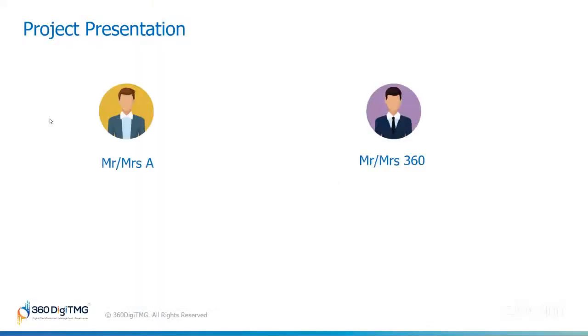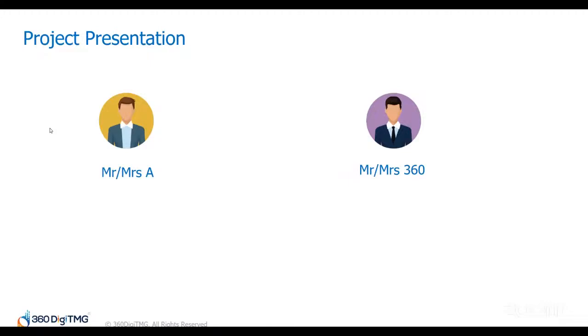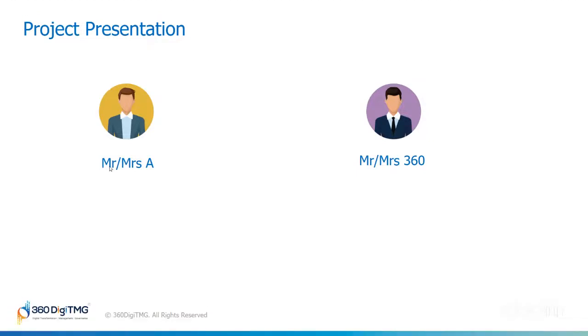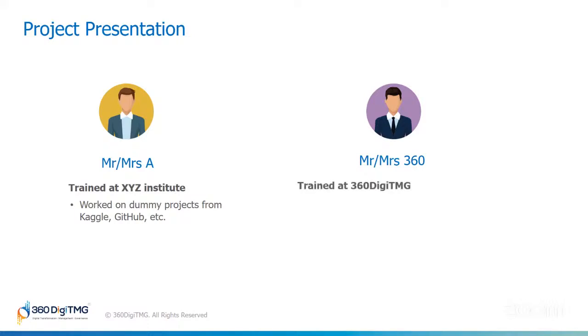In this slide, let's talk about one scenario. So here we have two people who are competing for the job, Mr. or Mrs. A and Mr. or Mrs. 360. Mr. A is trained at XYZ Institute, who worked on dummy projects from Kaggle, GitHub, etc. And Mr. 360, who trained at 360 DigiTMG